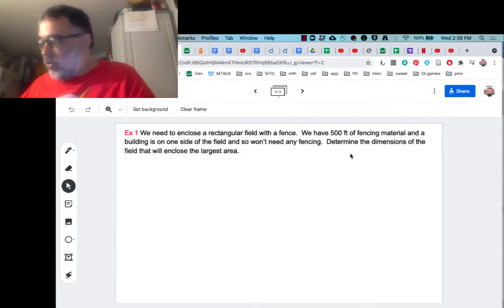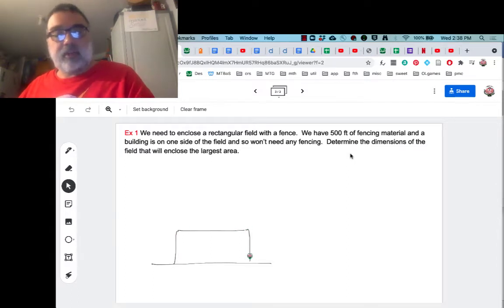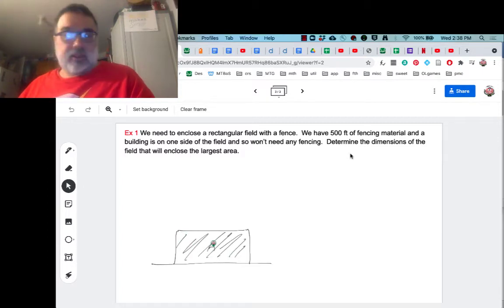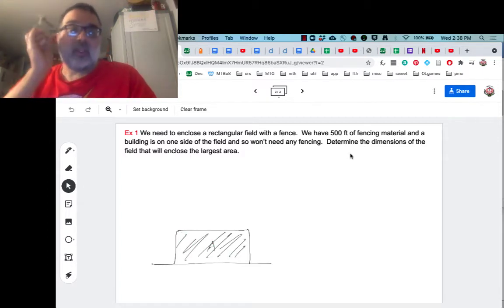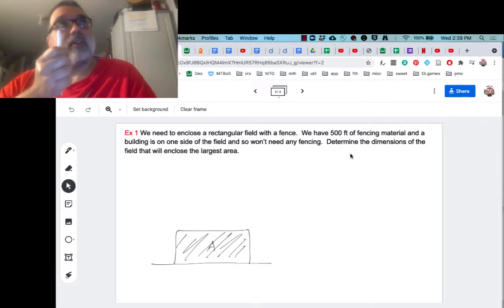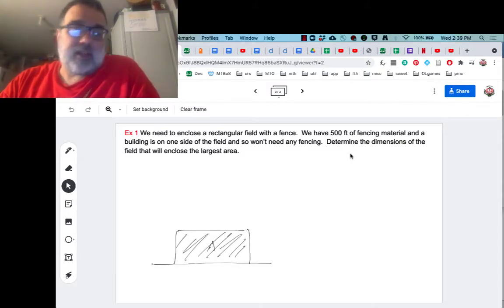So I am super visual, so I always like to start off with a picture. So we've got some building, and we're going to build a fence around that building. And if this is our area, we want that to be maximized. So what you'll find in a lot of these problems is that the main part of the problem is to figure out a function. And then once we've got a function, using calculus to find the max or the min, or even just graphing to find the max or the min,